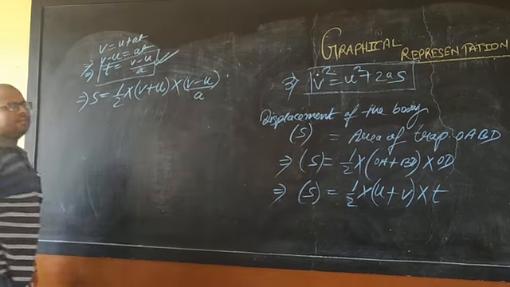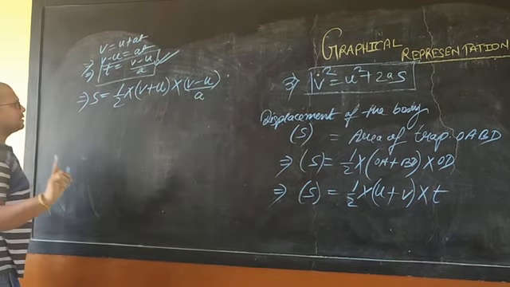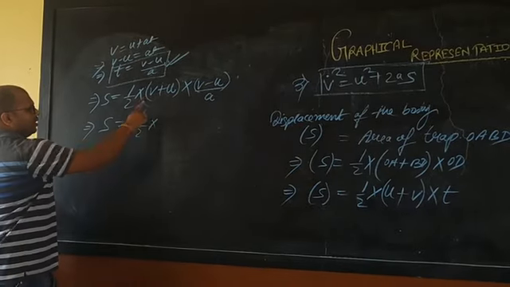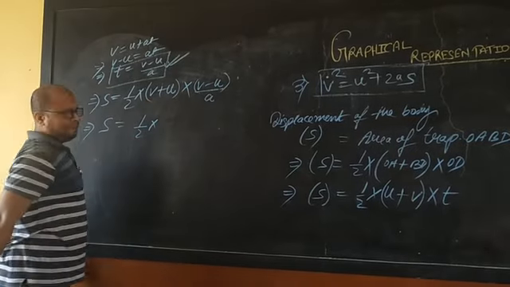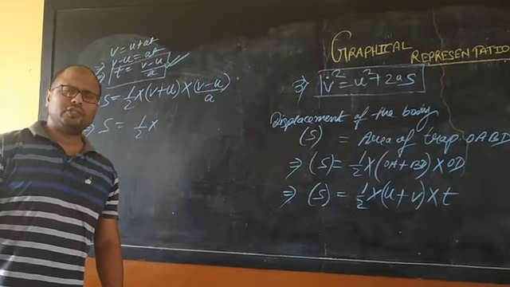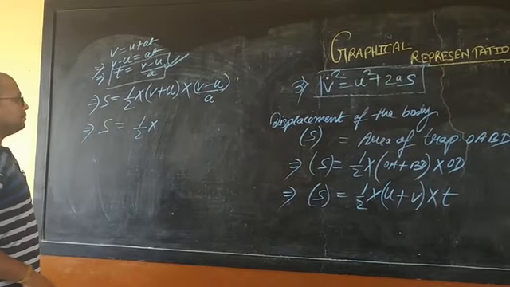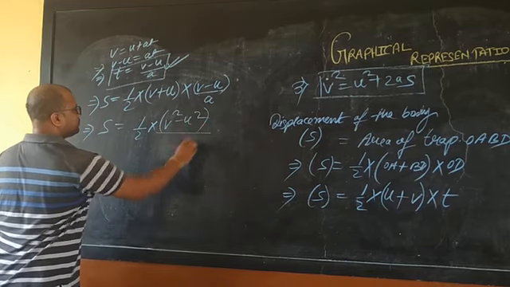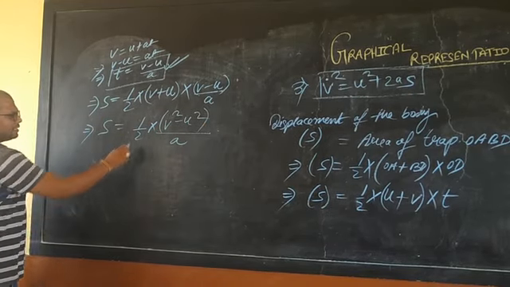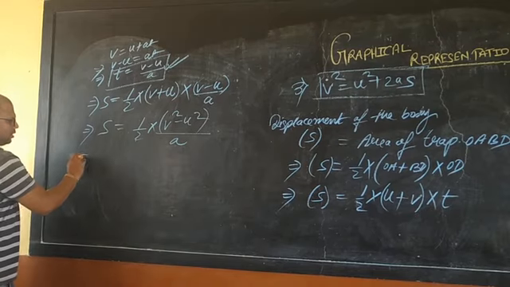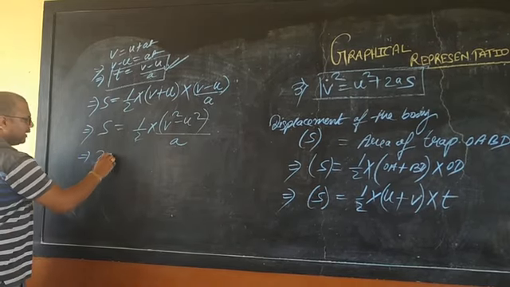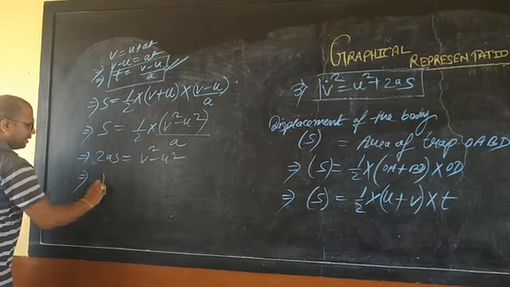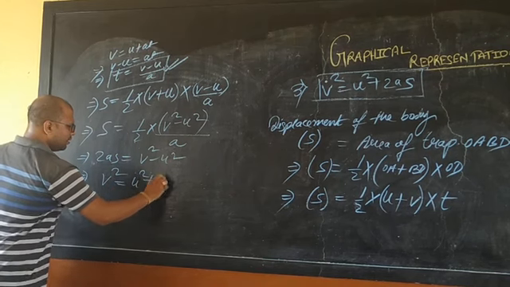I hope you have no problem understanding this. If you have a problem, please comment. S is equal to half into V plus U and V minus U by A. A plus B into A minus B, in maths identity we have gone through. It means A square minus B square. So V square minus U square by A. Now this 2 and this A are in the denominator. So let's cross multiply. So it will be 2AS is equal to V square minus U square. And that will finally be V square is equal to U square plus 2AS.